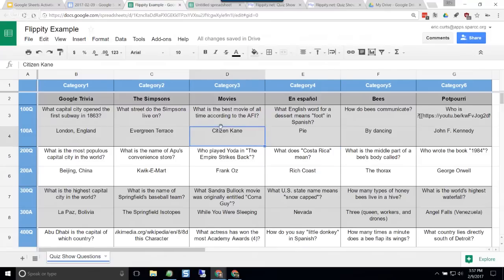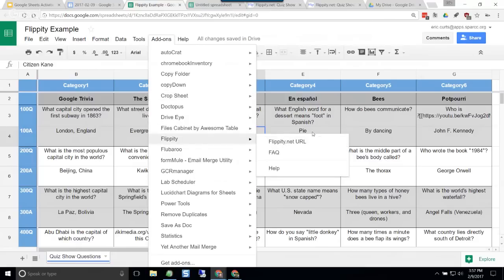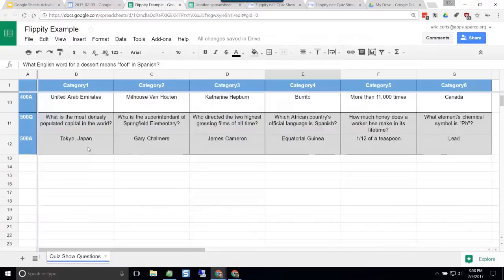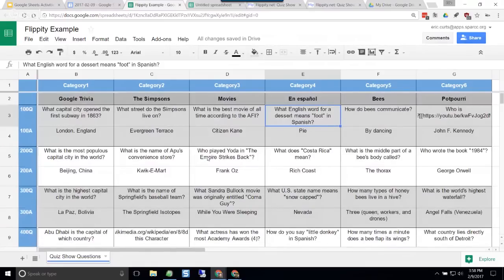And so the student could simply use Google Sheets. They could install the Flippity add-on, and then they could build their own Jeopardy game. Because think about that. That's going to be 6 categories by 5. That's 30 different things they're going to have to think through, from easy to more challenging. And that's a lot of work for the student to do. What a fantastic way for the student to demonstrate their understanding. And then